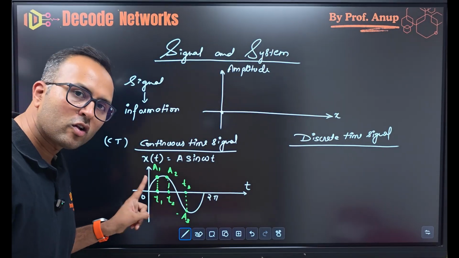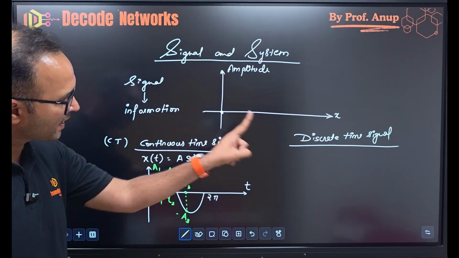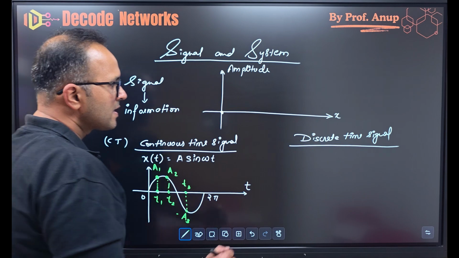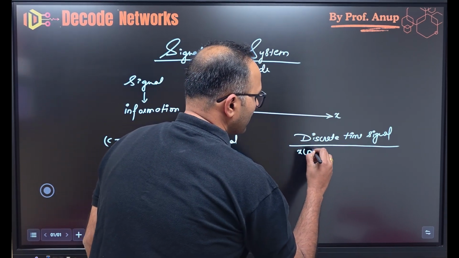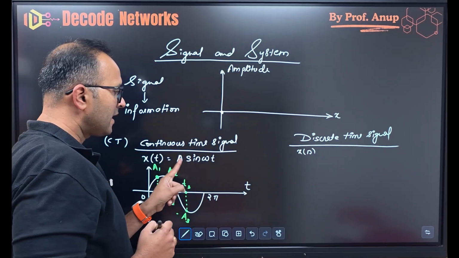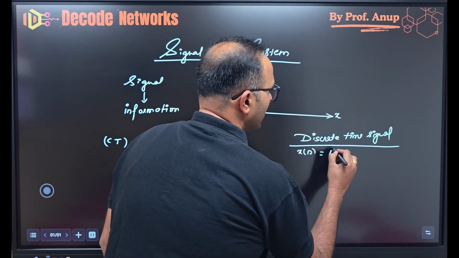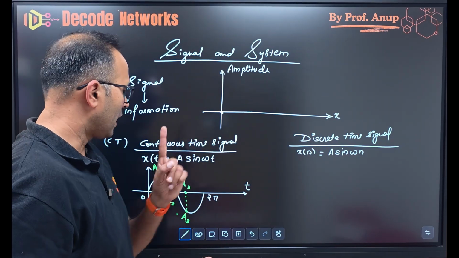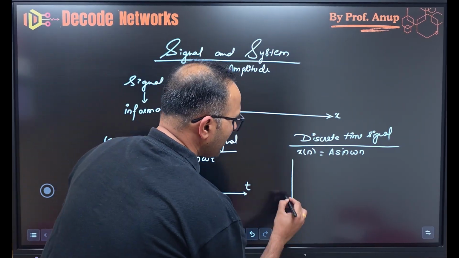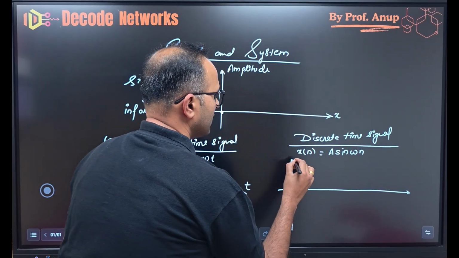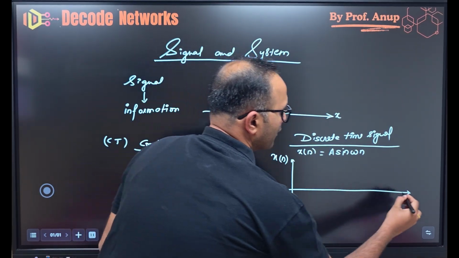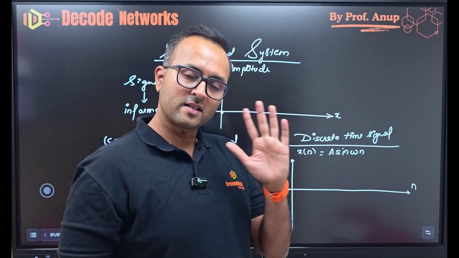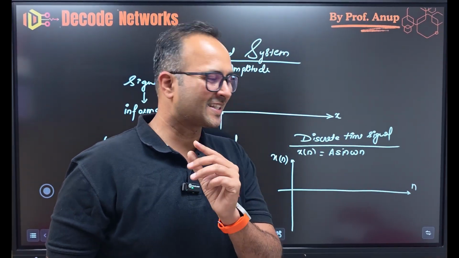Now, this is my analog signal. Let's make a discrete signal for that. The discrete signal is represented by x of n, and I am writing the discrete version of this, which is sine omega n. Simple. Now, let's make the signal. This is x of n with the discrete time n. Again, n is a fixed letter which is used for discrete time.